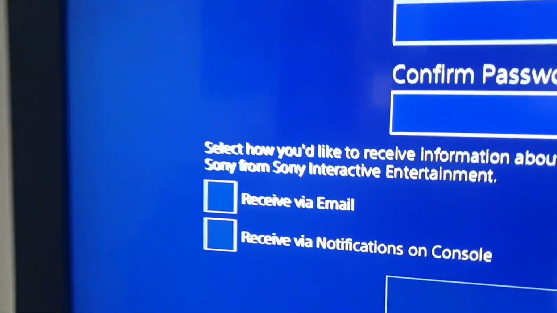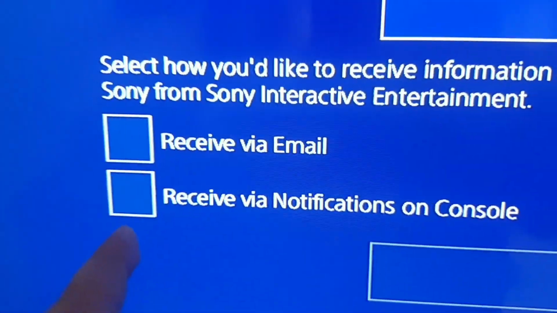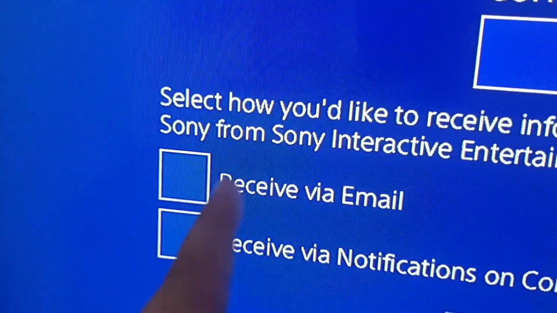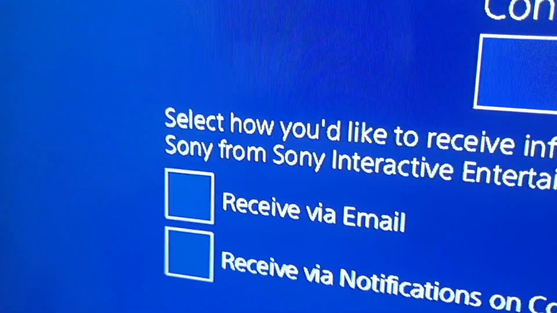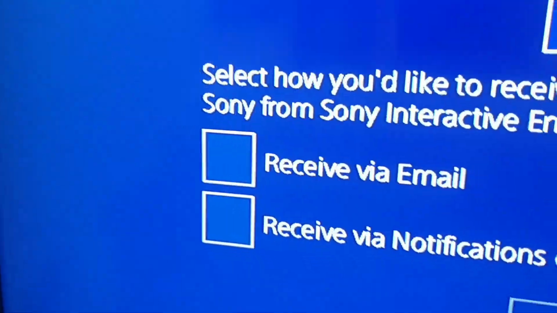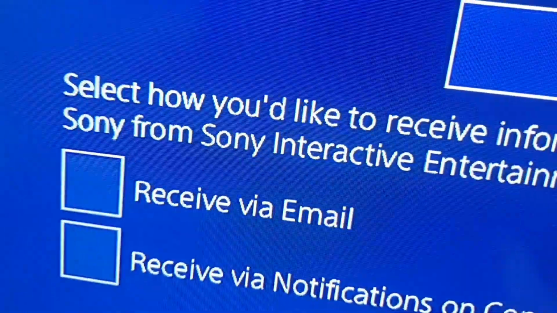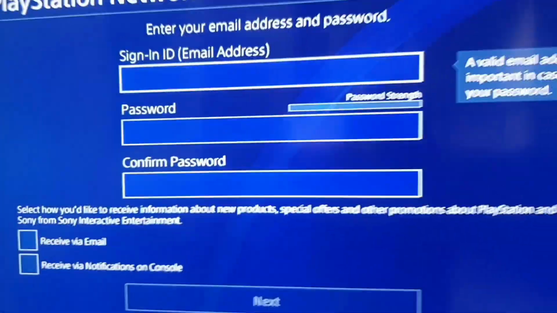Then you have these two options: you can have it on the PlayStation 4 or receive via email. I'll suggest you put it on receive via email, because it's the easiest thing.